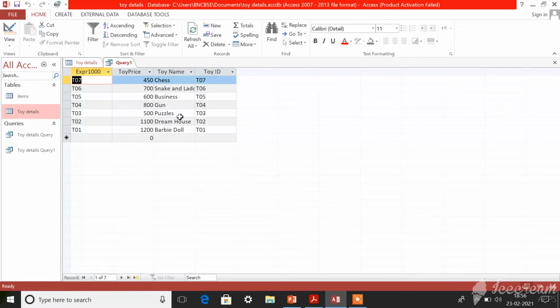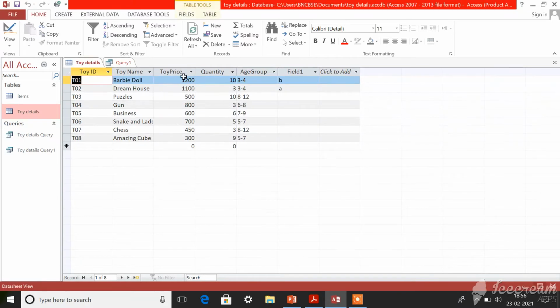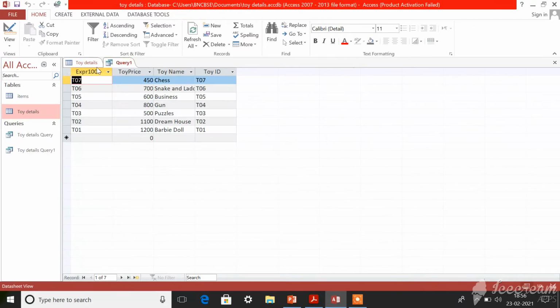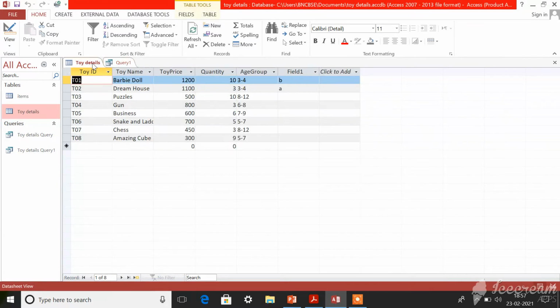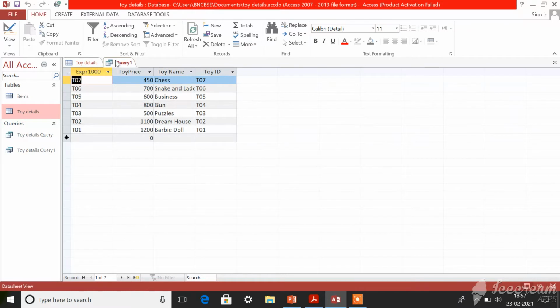And I also have hidden this. Actually, I did not hide anything, isn't it, dear children? Actually, in the beginning, I had hidden toy name, but again, I have selected it.